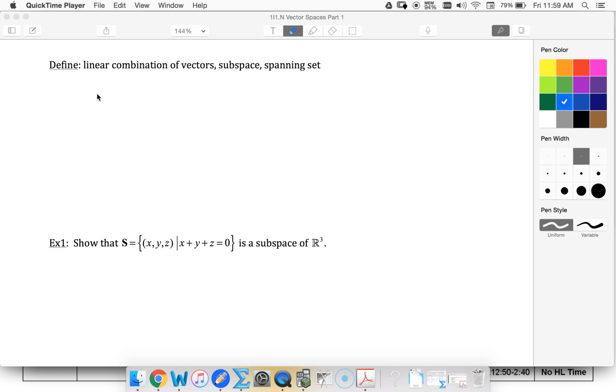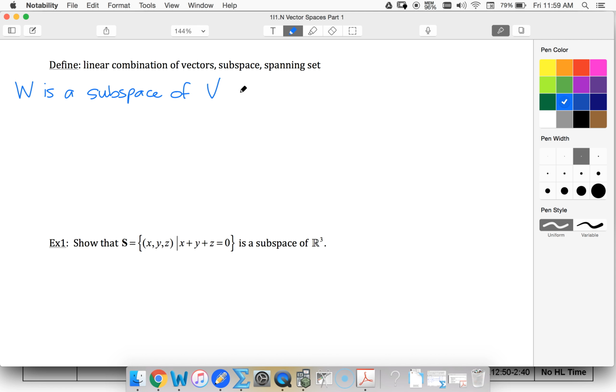All right, we're going to look at a few definitions here. I'm actually going to start with subspace. So we could say that we've got some vector space W is a subspace of vector space V if, and we've got two conditions we need to satisfy. So the first condition is that for vectors U and V that are in W, U plus V is also